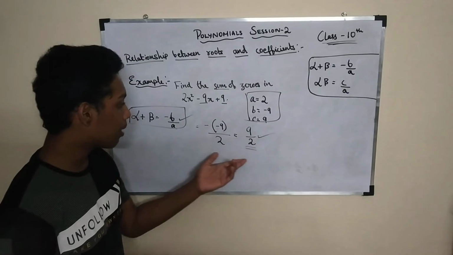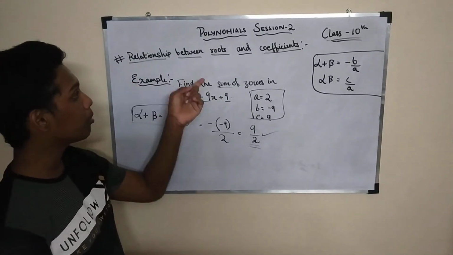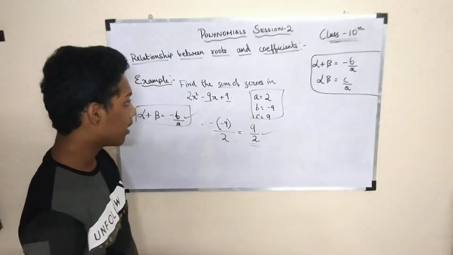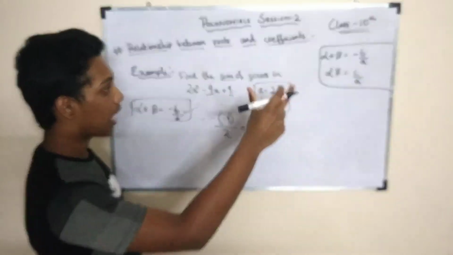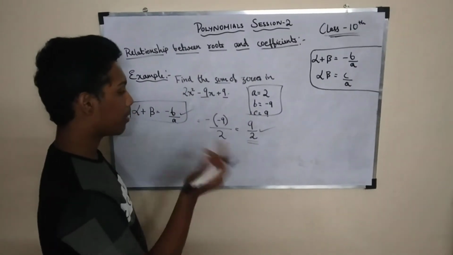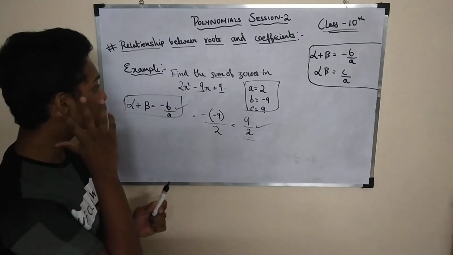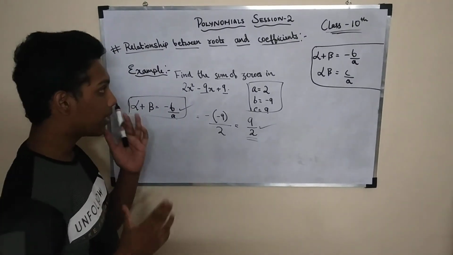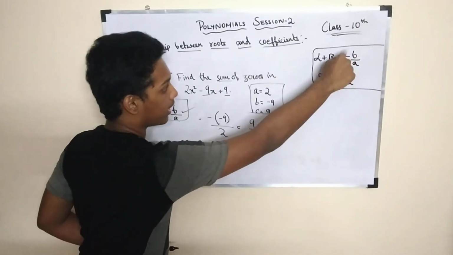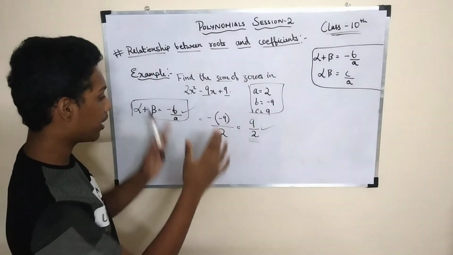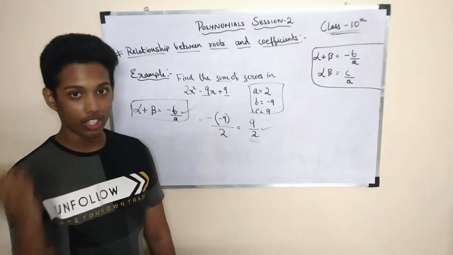Okay, so I'm sure that you've understood all these questions very well, and you've understood the relationship between roots and the coefficients. Right? How to take the value of a, b, c, and the formula alpha plus beta equal to minus b by a, alpha beta equal to c by a. And I'm sure I've already given you the method of how to derive these formulas, how to derive alpha plus beta. We are getting these formulas, right? The derivation also I've given you. So in subjective exams, even if they ask you, you can just follow that method.